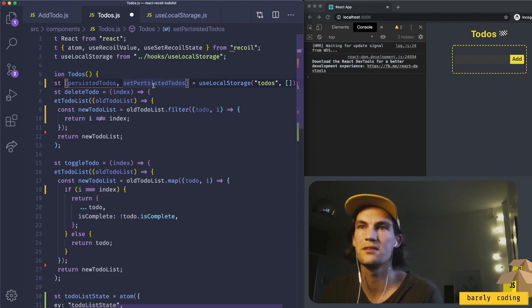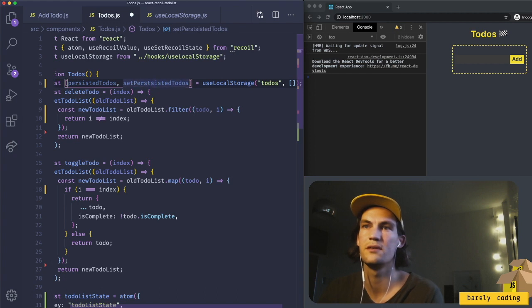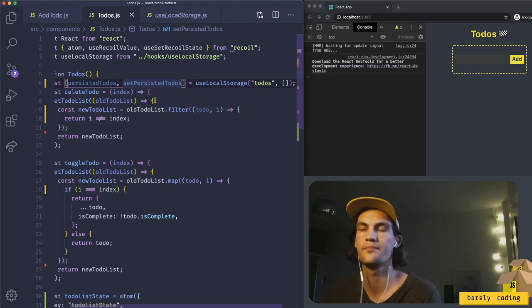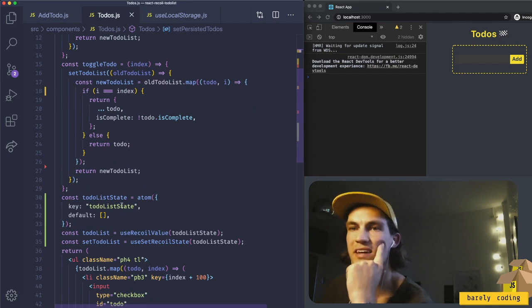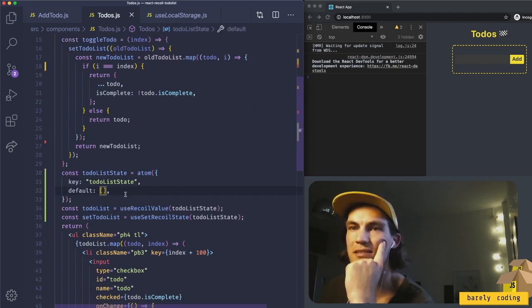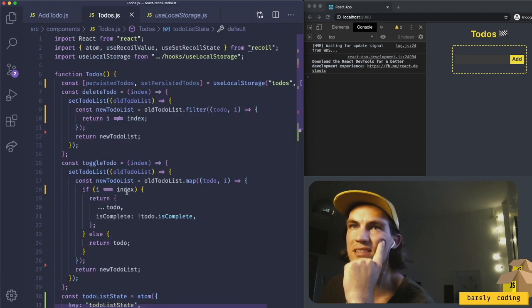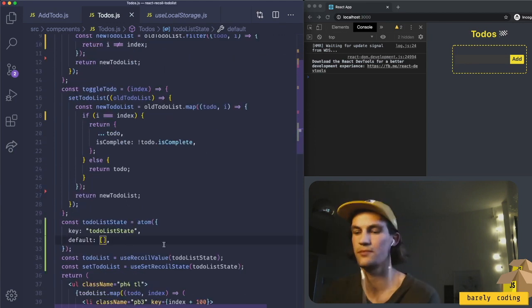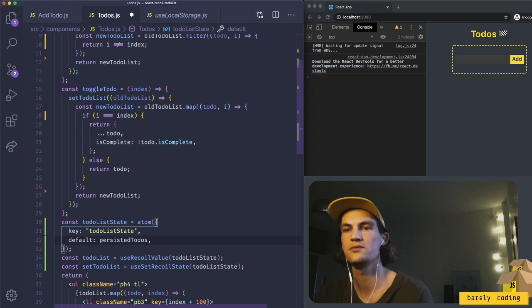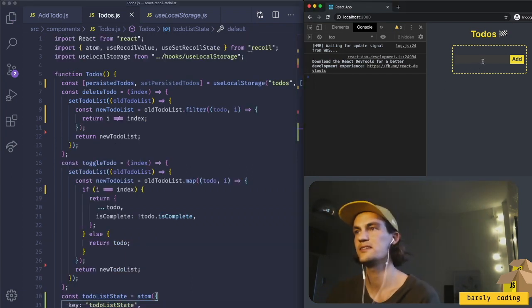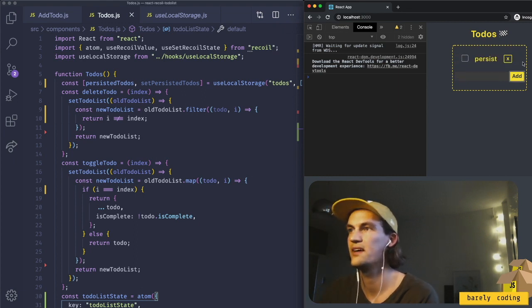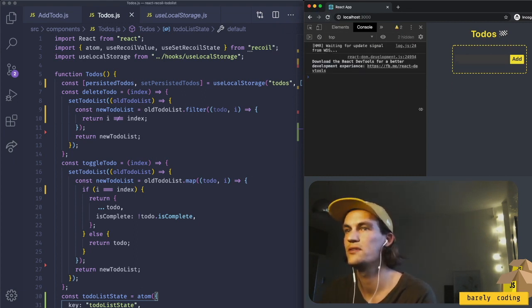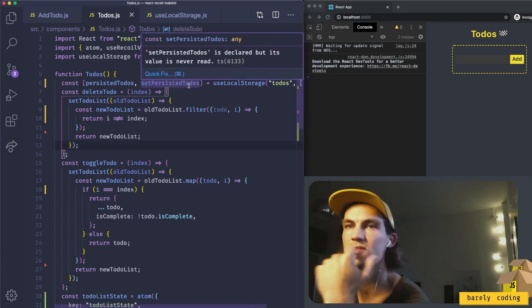Persisted to-dos and persisted to-dos. So now when we use this atom state, instead of passing in this one, we should pass in the persisted to-dos. Yeah, let's try that, see what happens. Persist, add, reload. No, I think